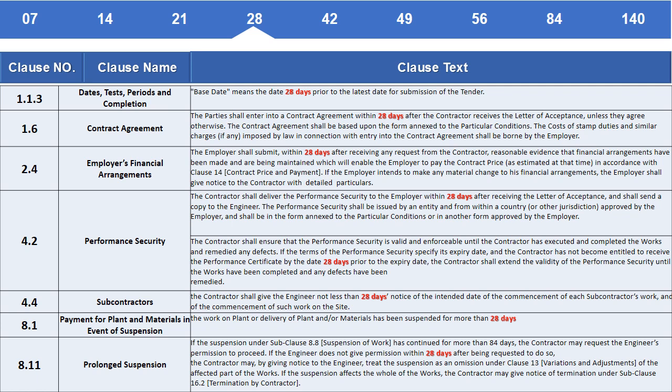Clause 4.4 Subcontractors. The contractor shall give the engineer not less than 28 days notice of the intended date of the commencement of each subcontractor's work, and of the commencement of such work on the site. Clause 8.1 Payment for plant and materials in event of suspension. The work on plant toward delivery of plant and/or materials has been suspended for more than 28 days, and